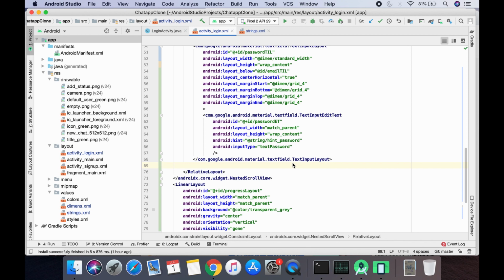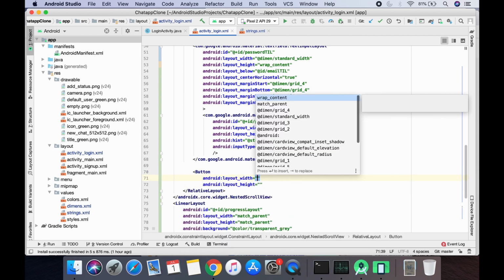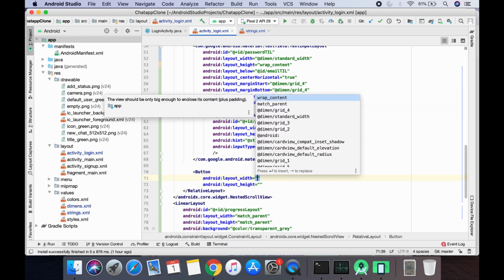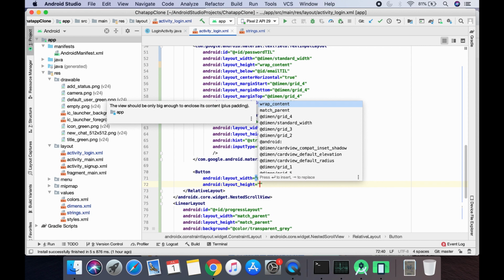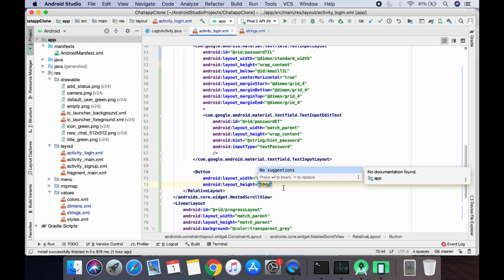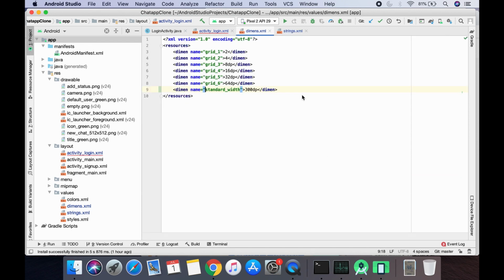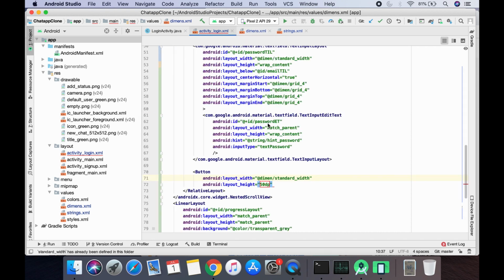So next we will need a couple of buttons. So let's add a button with layout width as, do we have standard width? Yes. And height as standard height we want, so let's say 50 dp. So similar to standard width, we also define a standard height as 50 dp. Okay, so instead of this we are going to use standard height here,